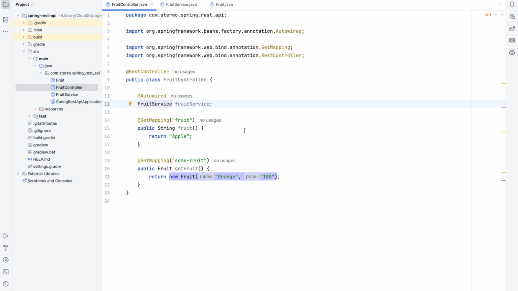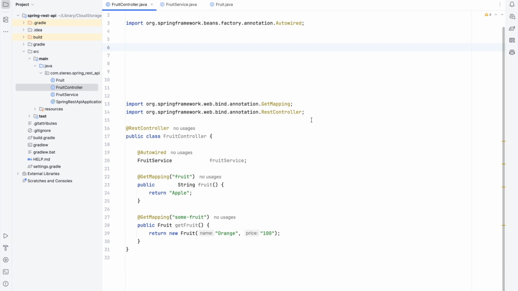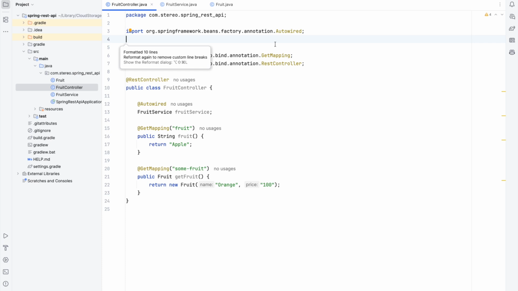Then our fourth command will be, if you want to format the code, if you want to reformat. For example, let me just make this code a little messy, okay, and then let's see if we can reformat. So in the Mac, you need to press Command Option L. Okay, and if you see, it formatted our code. Everything got formatted. And in Windows, the corresponding command will be Control Alt L. Okay, so this is our fourth shortcut.